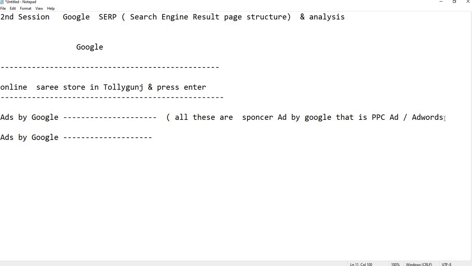So all the ads by Google links appear like this. These are all paid ads.